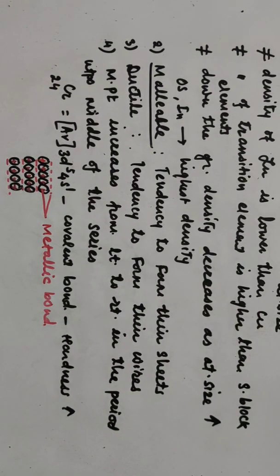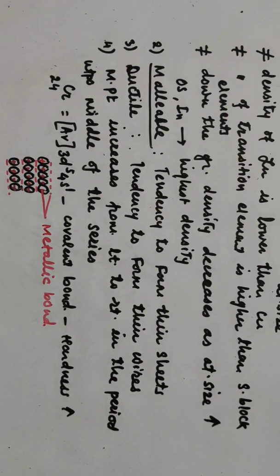Then the melting point goes on increasing up to the middle of the series, and then the melting point decreases, and this is due to the number of unpaired electrons. With an increasing number of unpaired electrons, the number of covalent bonds increases, and also the metallic bonds increase, and so to separate the atoms held by covalent and metallic bonds it requires more energy, and hence the melting point and boiling point of these compounds increase up to the middle, and after that, as pairing of the electrons takes place, the melting point and boiling point decrease. So this is about the physical properties of transition metals.